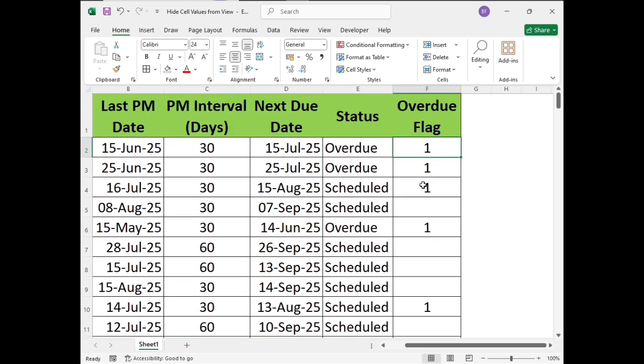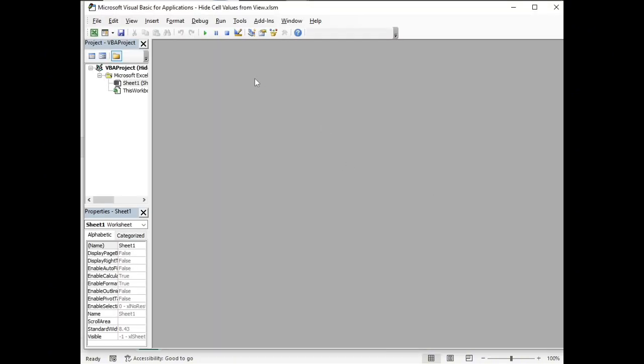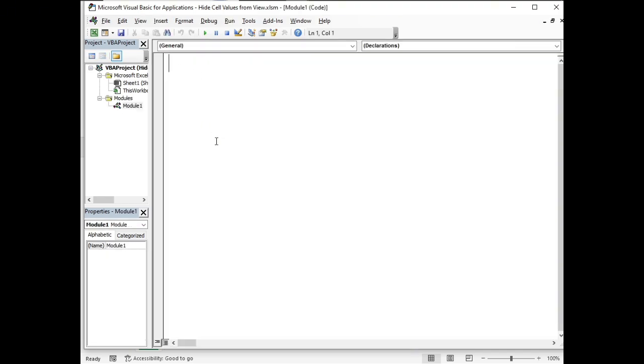So I'm gonna open the VBA editor, Alt plus F11, and then I'm gonna insert the module number 1, and then I'm gonna write the macro. My macro name would be input zeros. So input zeros, enter. Then I only have one variable that I'm gonna declare. So my variable is dim RNG range,